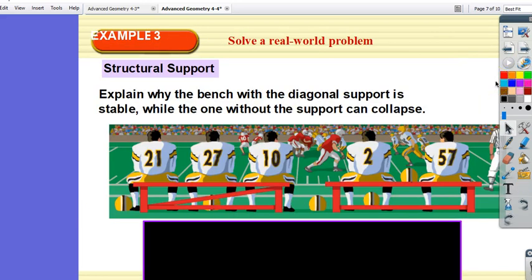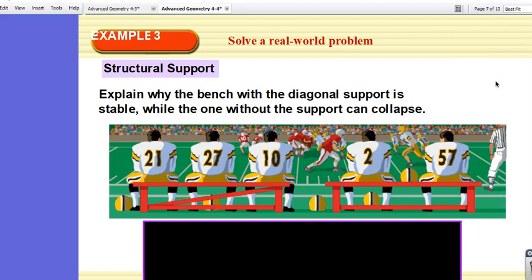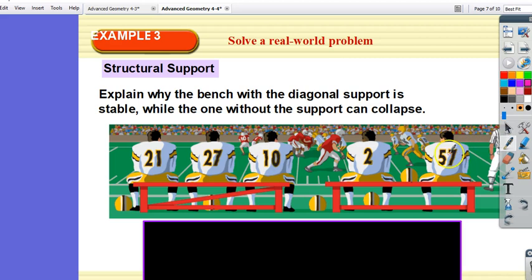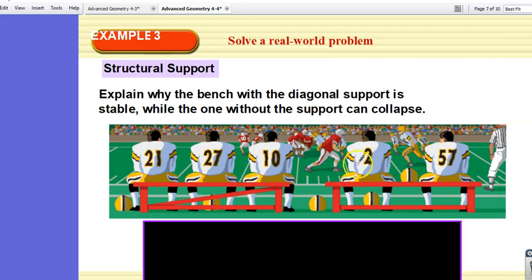Explain why the bench with the diagonal support is stable, while the one without the support can collapse. Okay, so think about these two guys getting all rowdy and rocking back and forth. Can you picture these legs being able to go like this and collapse, where the whole bench can just go down? It can,